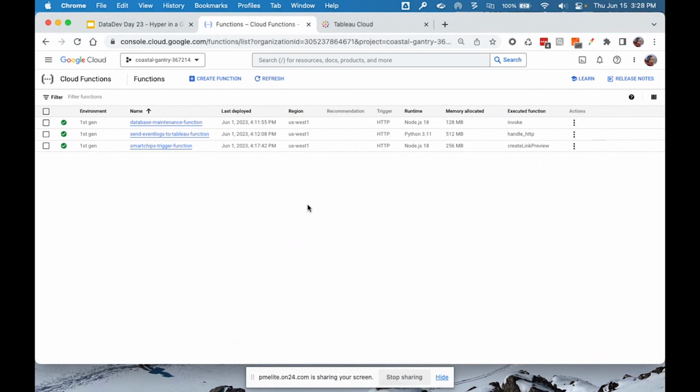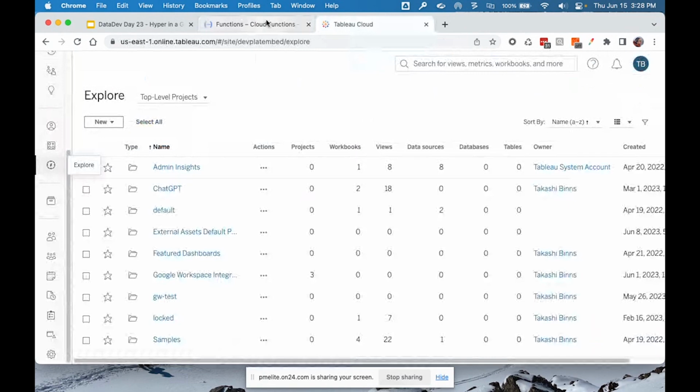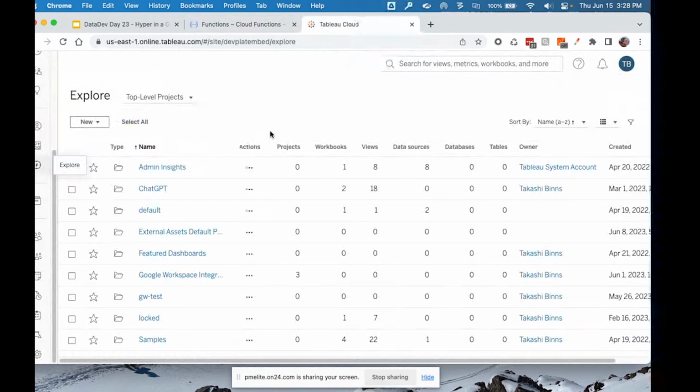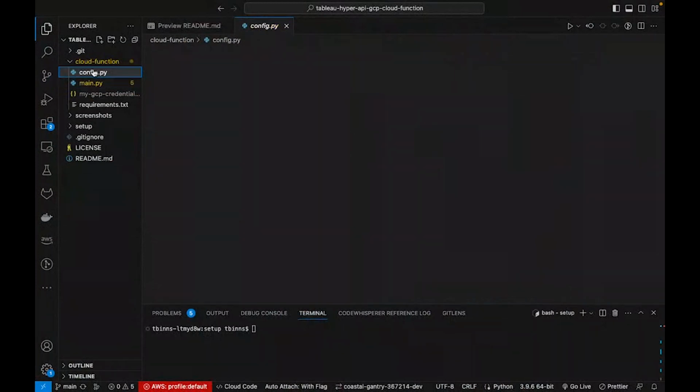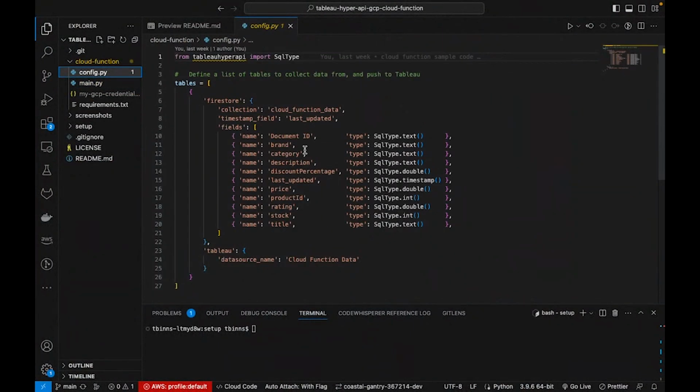So let's start. I've got a couple things open. So I've got my Google Cloud console. I've got a Tableau Cloud environment here, and I've got Visual Studio. So here's the code I was looking at earlier. This hopefully looks a little bit cleaner than what you were seeing before,